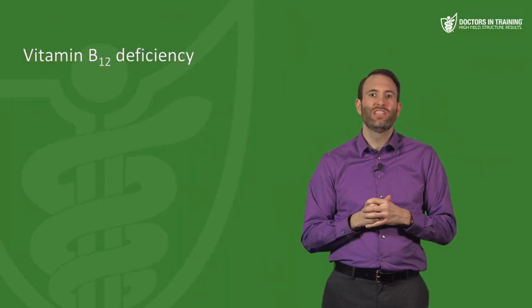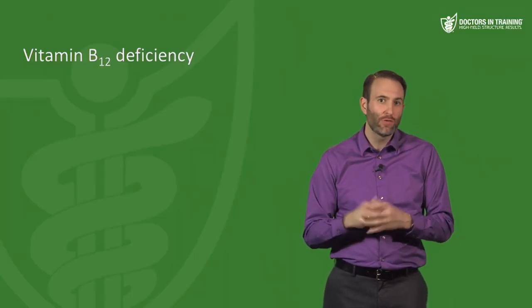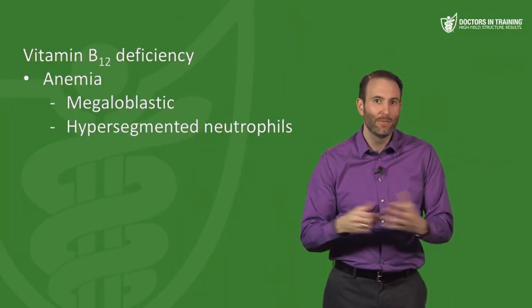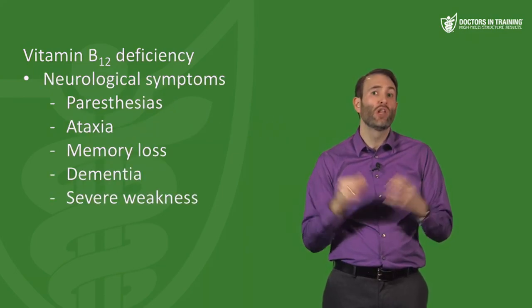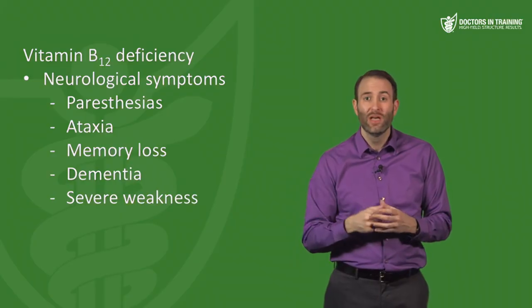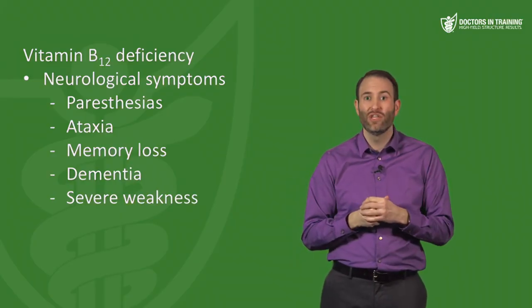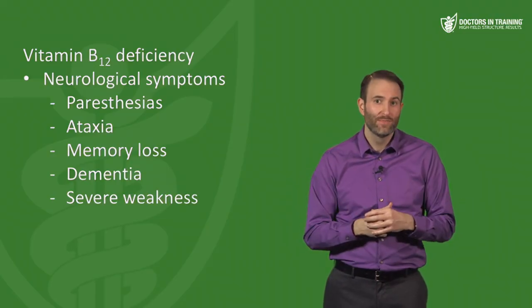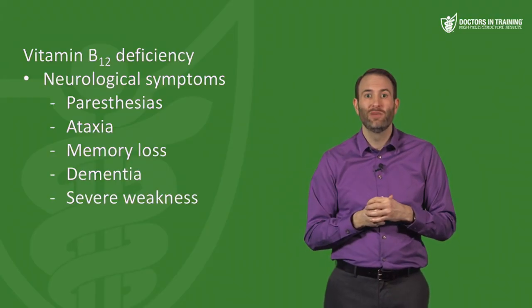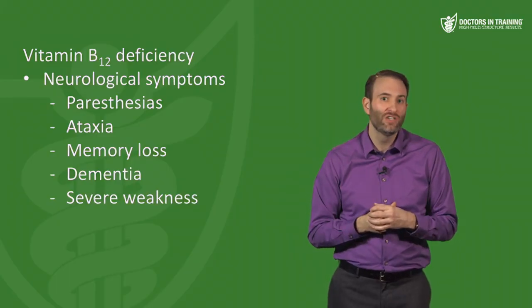So what are we going to see with a B12 deficiency? Well, just like with our folate, we just talked about megaloblastic anemia, those hypersegmented neutrophils. Patients can also have neurological symptoms, including paresthesias, ataxia due to loss of vibration and position sense, memory loss, dementia, severe weakness. Now, many of these symptoms seem to be linked to a defect in myelin formation that occurs with